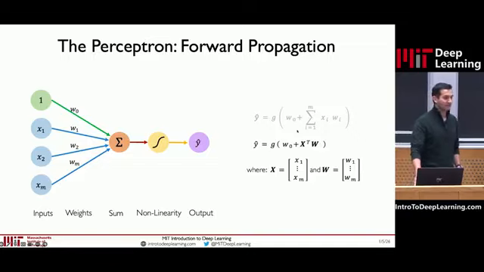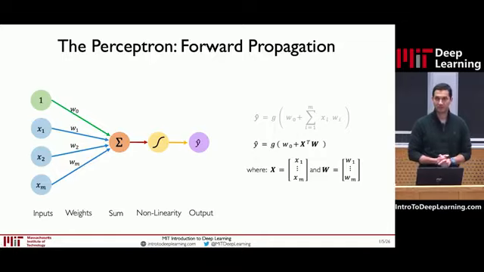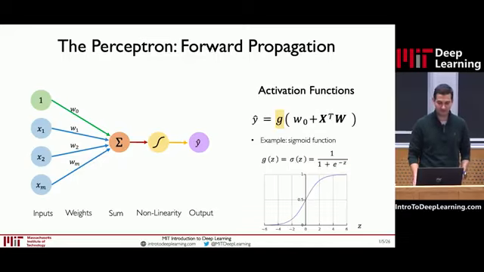So now that x and w are actually just lists of numbers, each of which are m-dimensional, we can actually write this in vector form, right? In linear algebra form. So the output now, y, is just obtained by taking the dot product between x and w, adding this bias, and passing through a nonlinearity, right? This simplifies the equation, at least notation-wise, quite a lot, right, from the previous slide.